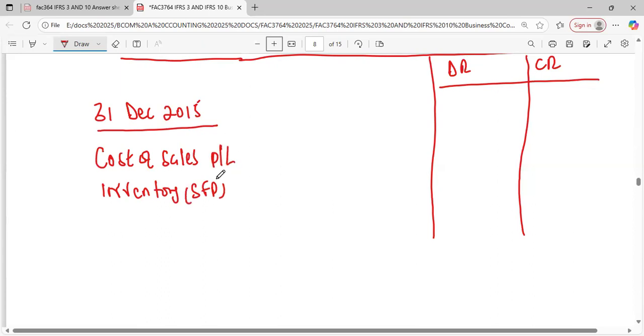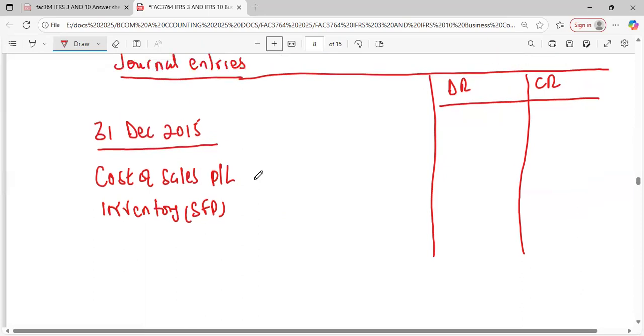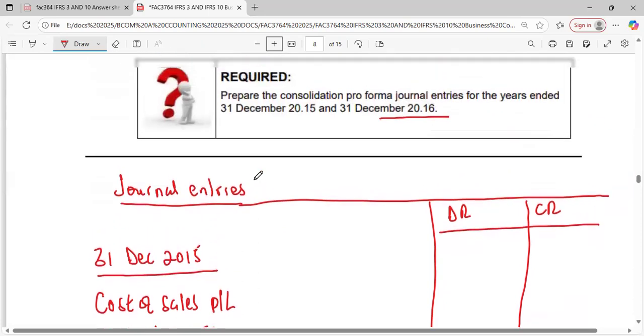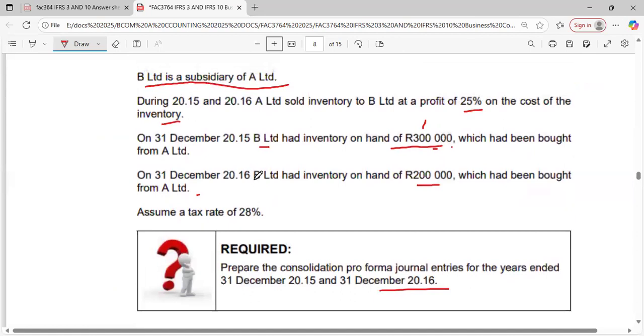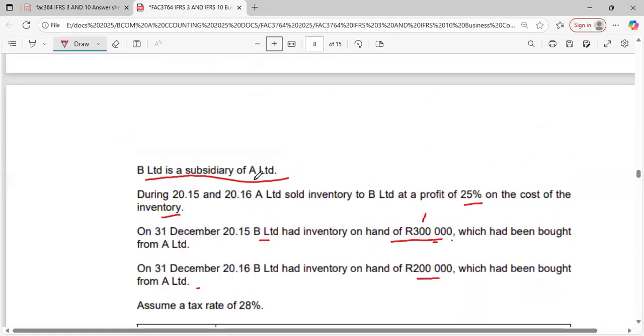This is the elimination journal. We are going to eliminate the profit because once you increase the cost of sale, it means you have eliminated that profit. Right. Another thing, when you are doing journal entries for eliminating, you must also take note of whose